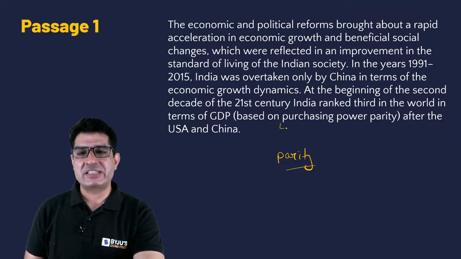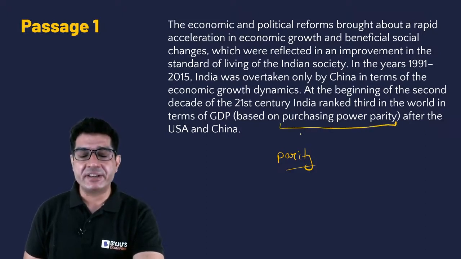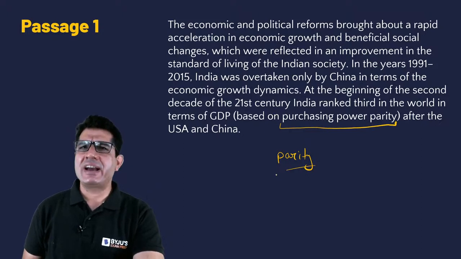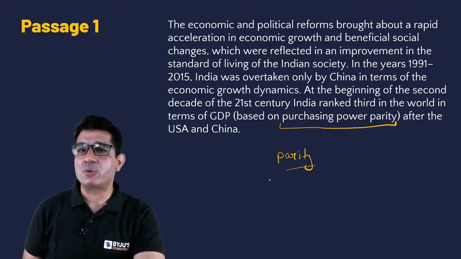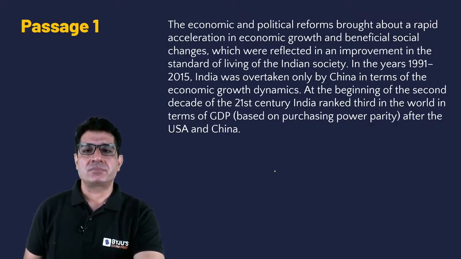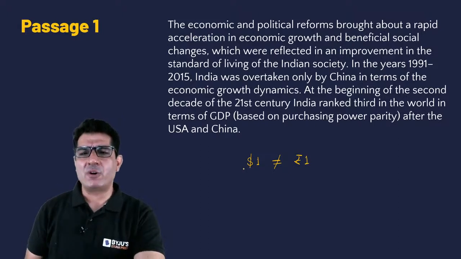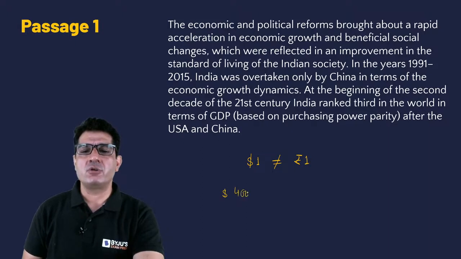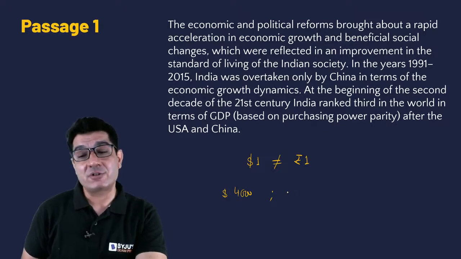So here, but specifically when you say purchasing power parity, so you know India has rupees, UK has pounds, US has dollars, Japan has yen, but then the amount of things that $1 buys may not be equal to the amount of things that 1 rupee goes on to buy, right? So how do you really compare? How do I know that somebody who earns say $4,000 in the US, where does he stand vis-a-vis somebody who earns say 40,000 rupees in India,